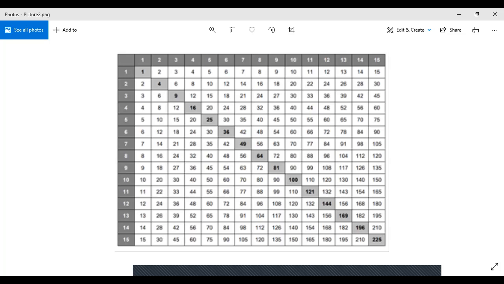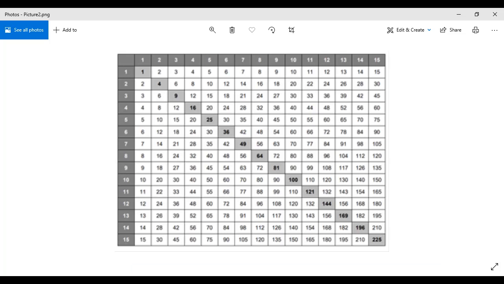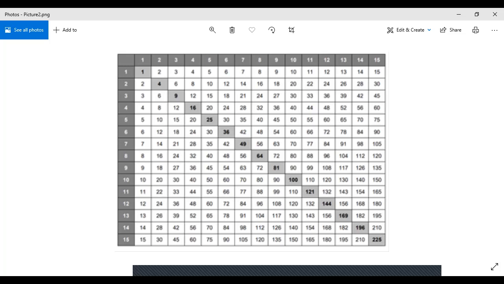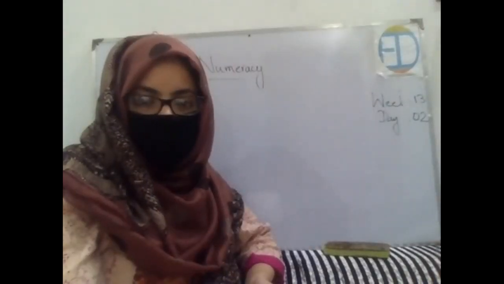Let's say in the papers, in the exams for the higher classes, this multiplication table is very helpful. Why? If you want to know the products, in order to save your time and put more focus on other things, children, you can make this multiplication table by yourself as well. Let me show you over here on the board how you can make this one. Okay, so just focus on the board.